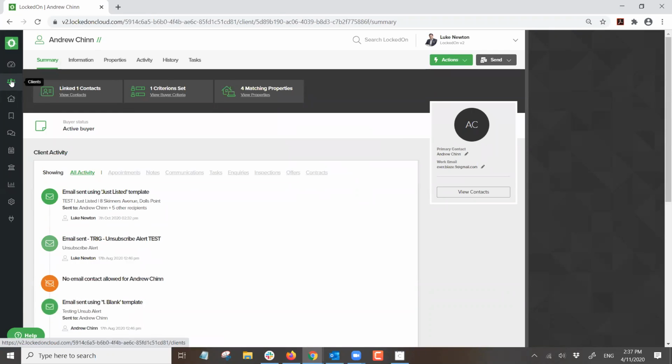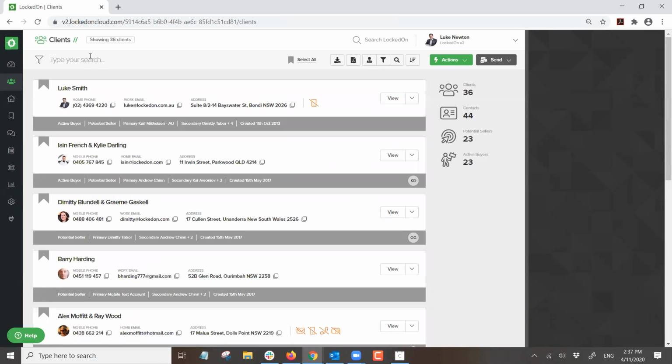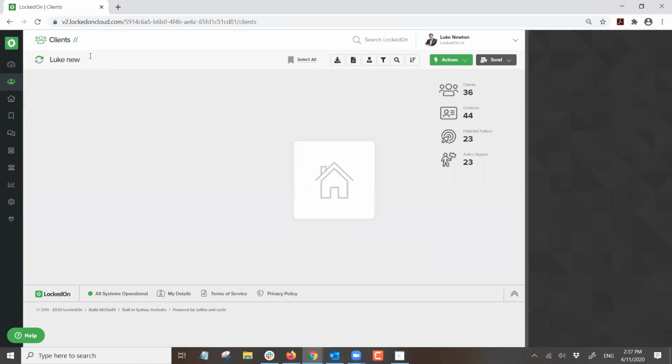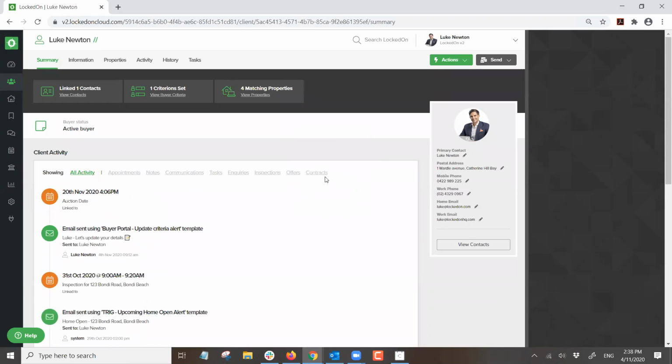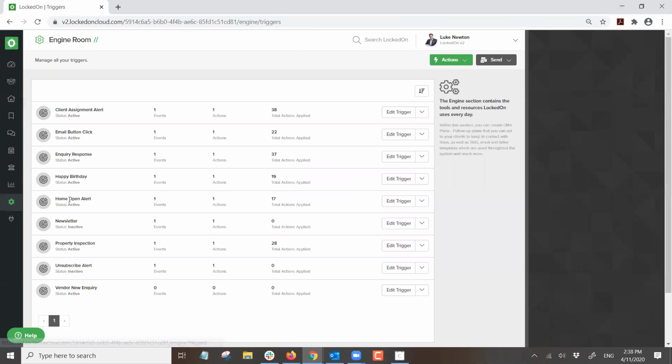Okay. Now, if we go back into my clients and we search for Luke Newton, so we've covered off on how we process a buyer, the automation around their inquiry response, how we send off a just listed to them and use those stats. The second automation that we have around buyers is in the engine in triggers. And to be honest with you, every new account that comes onto LockedOn is installing their triggers and setting these up. But the newsletter one, I haven't got it active in mine, but the way we set that up is